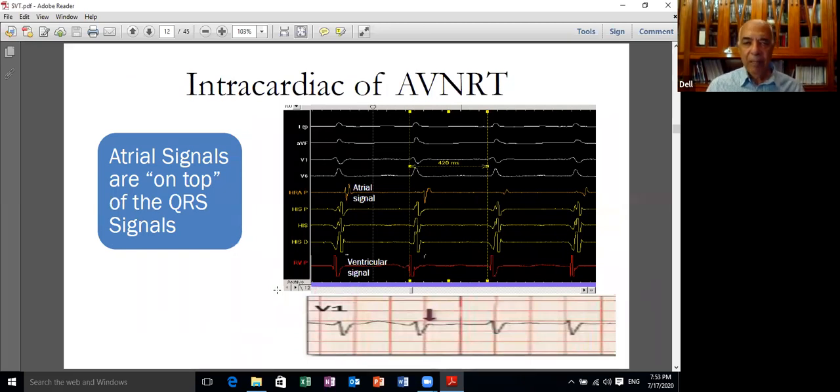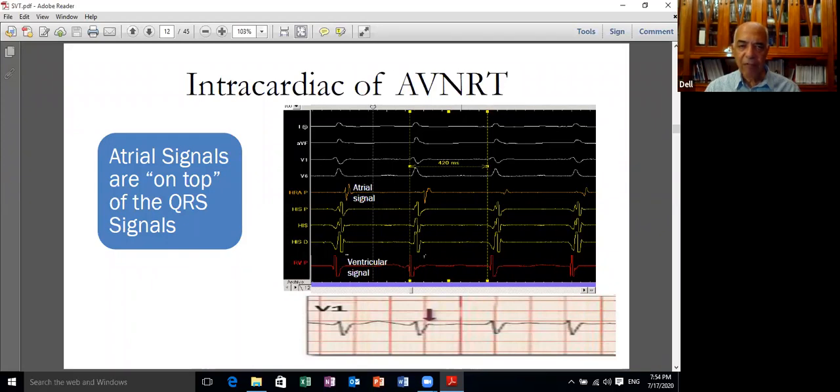This is supplemented by the intracardiac tracing. So as most of you are now acquainted with this kind of tracing, this is the compressed standard leads, lead 1, AVL, AVF, V1, and V6. And then we have a high right atrial electrode, and then we have the His bundle electrode, and then we have the ventricular electrode. And as I always say, go from what you know to what you do not know. So this red deflection is a ventricular activation because it is coinciding with the QRS complex, and the His bundle deflection is in the His bundle lead.